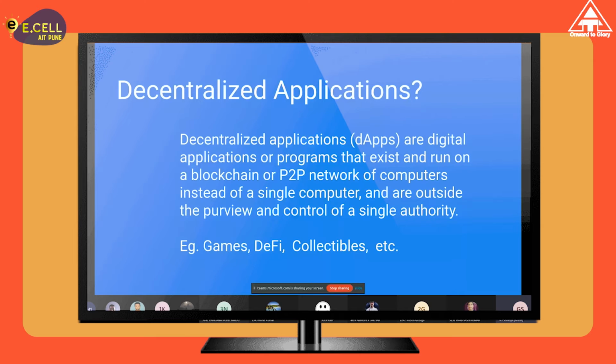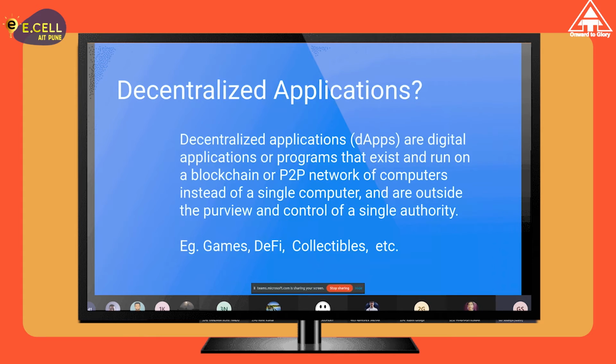Similarly, we have NFTs and collectibles that are also on blockchains. NFTs are a pretty big thing right now, and many artists are creating NFTs for their art and selling them. Popular NFT examples are NBA Top Shot, which was pretty big. Then we have Ethrox or something like that. I don't remember the name exactly, but there are different pretty popular NFT projects out there that are doing pretty good right now. Those are all decentralized applications basically.